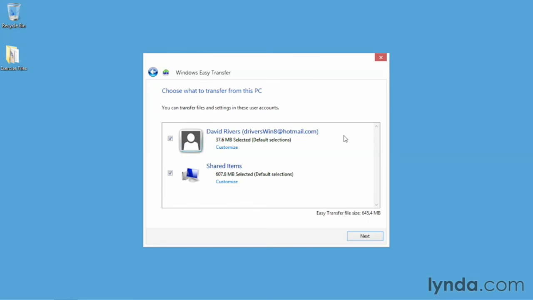Depending on the size of your drives and the number of files and settings you have, that could take a few minutes. It could take many, many minutes. And it also depends on the speed of your computer as well. But eventually, you'll arrive at this screen where it will display, first of all, at the very top, a check mark next to your user account. And you'll see the size of the files that have